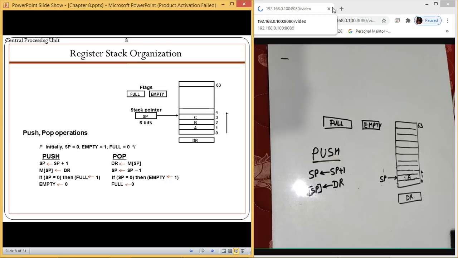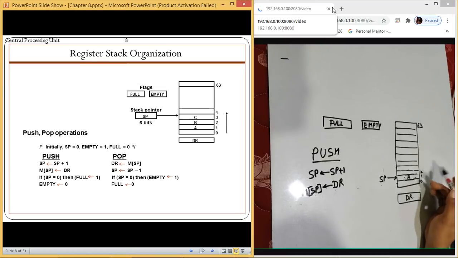When the stack is completely filled, the full flag will be 1 and the empty flag will be 0. When it is reverse, when there is no element inside the stack, then empty will become 1 and full will become 0.